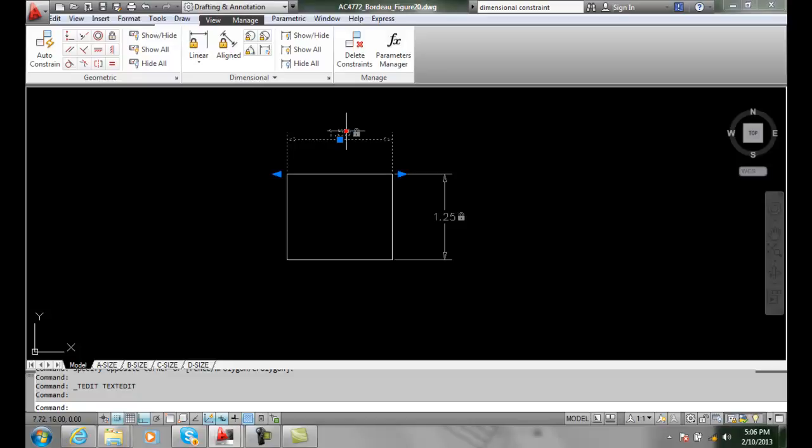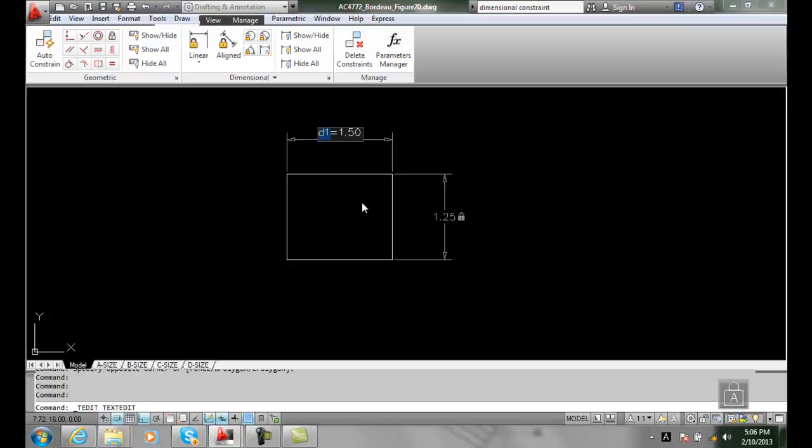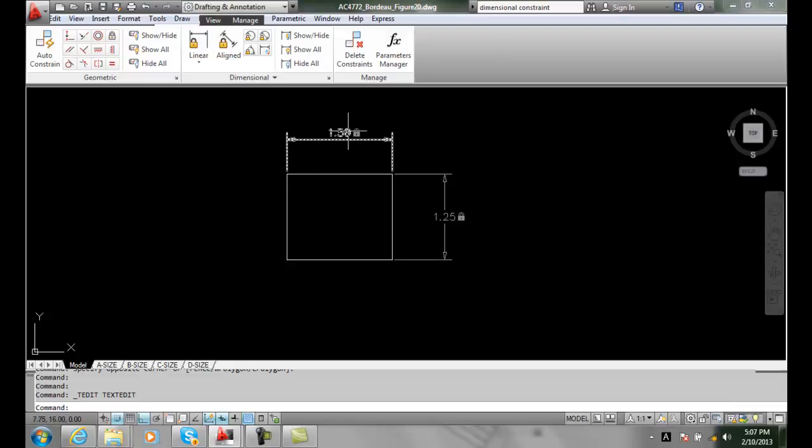But I might want to be a little bit more descriptive, and instead of D1, I can actually give it an actual descriptive name, such as length. And I'll type that in. And I hit enter, and now it's called length. So maybe that's a little bit easier to use. But what's nice about that is